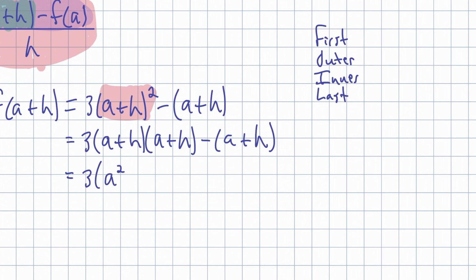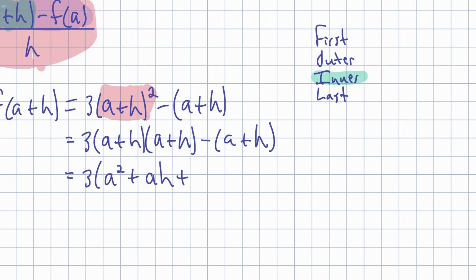And I'm using parentheses because the 3, it's kind of like there was another set of parentheses here, and the 3 applies to everything after it, not the minus part. So I'm putting those parentheses so we keep track of that. We don't lose track of the fact that the 3 applies to the entire group, to the left of the minus sign. Plus, well, outer, that refers to the things furthest from the center, from where the 2 parentheses right here are forming the center. Okay, so a times h, or just ah, plus